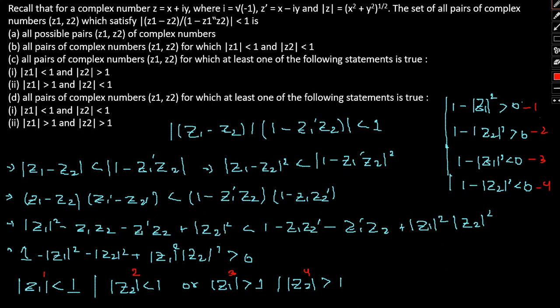So if we take a look at the options now, we see z1 greater than 1, z2 less than 1, z1 greater than 1, and z1 less than 1, z2 less than 1, yes, satisfied. z1 greater than 1, z2 greater than 1, satisfied. So therefore, option D will be the correct answer. Okay, since all the conditions are satisfied. So hopefully this is clear to you, how we came out with the solution of the same.